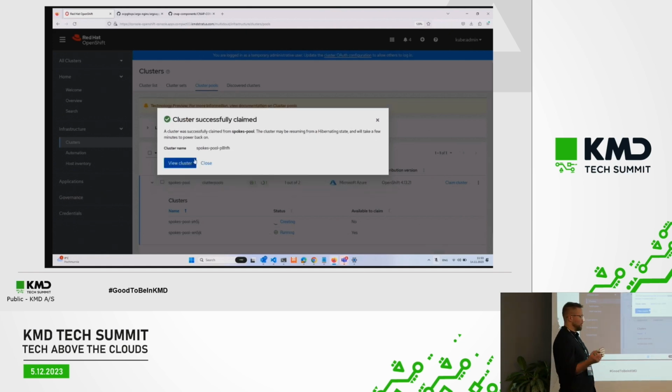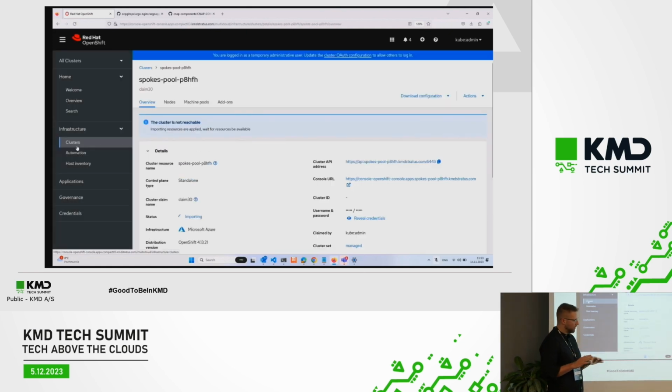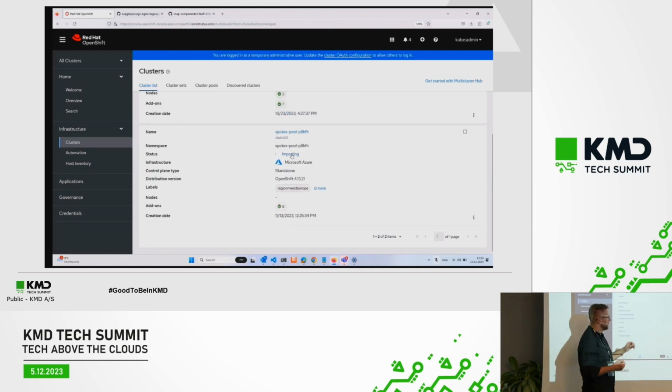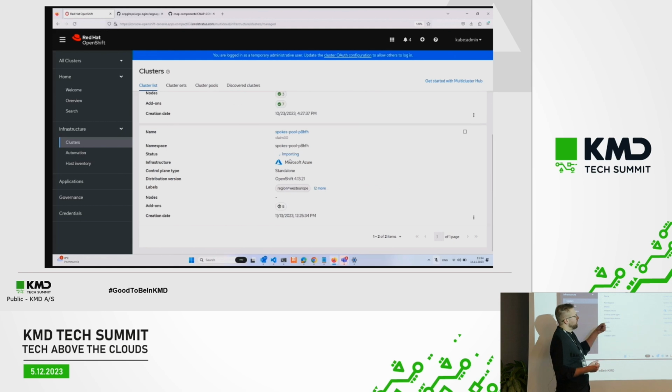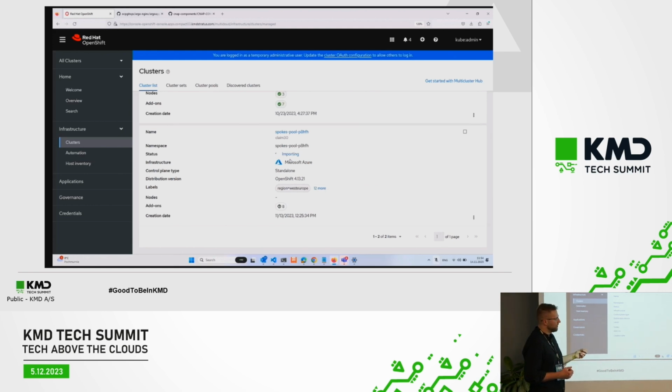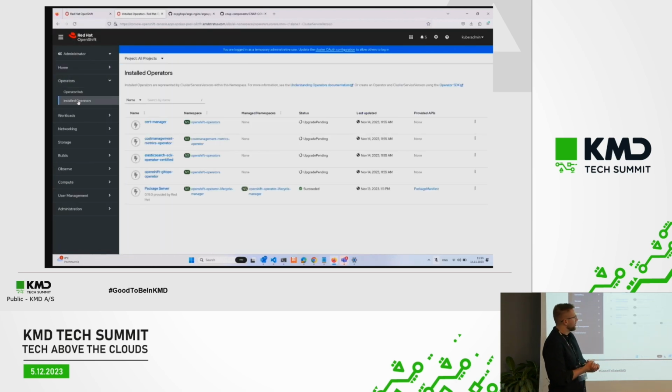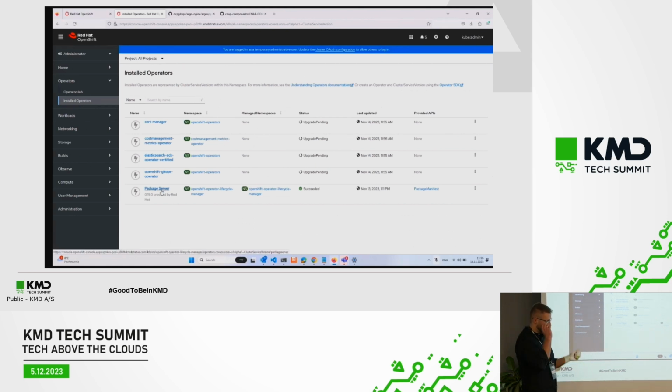So now an OpenShift cluster, a plain OpenShift cluster, is being imported to our hub cluster. You can see it here, it's importing. And once it's imported, the provisioning installation procedures start. Because here we have plain OpenShift, but once we start to manage it, we start adding required software on top of it. So when we go to this cluster, you see immediately after this importing, crucial core operators are being put on top of CNAP, on top of OpenShift,